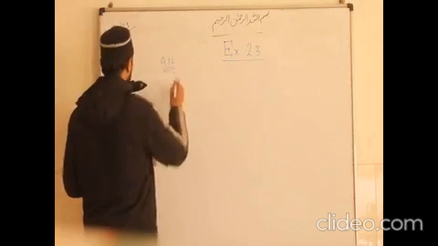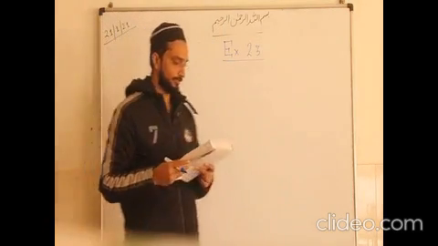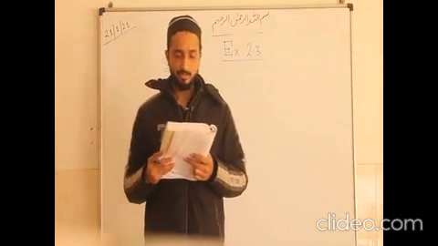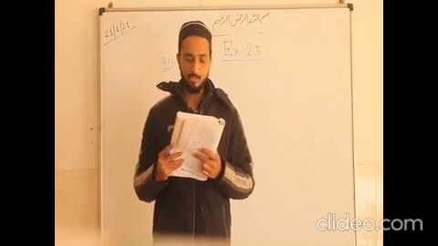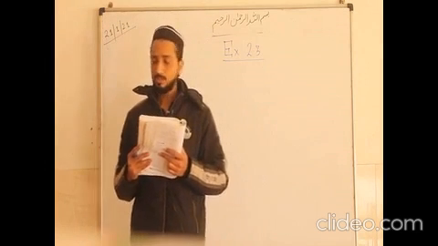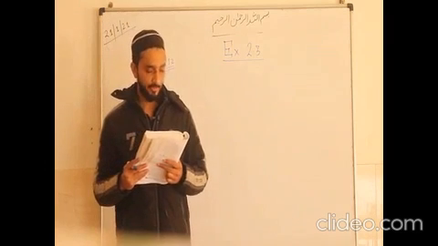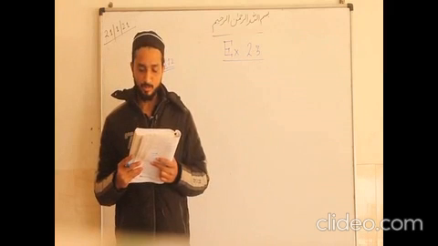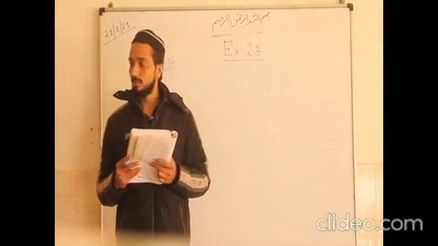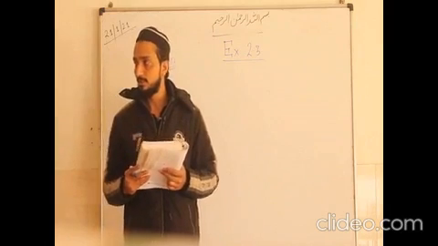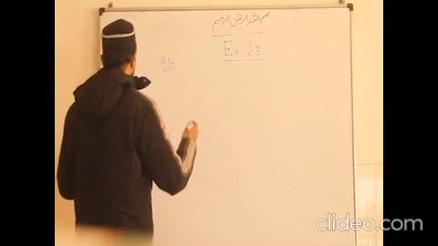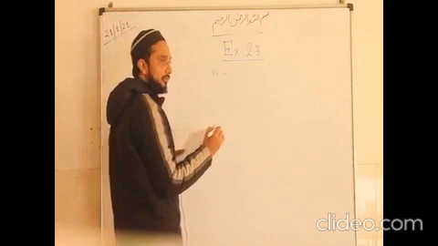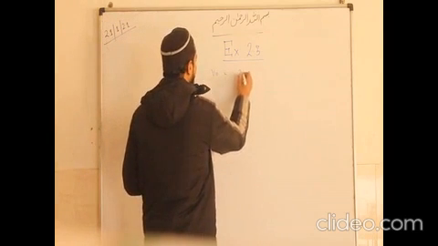And come to the higher level question here. Question number 12. Mahindra set up a factory by investing rupees 25 lakh. During the first 2 years, his profits were 5% and 10% respectively. If each year the profit was on the previous year's capital, calculate his total profit. Okay, so this is a very good question. So let's see what is given here. V naught, that is the initial value, is 25.